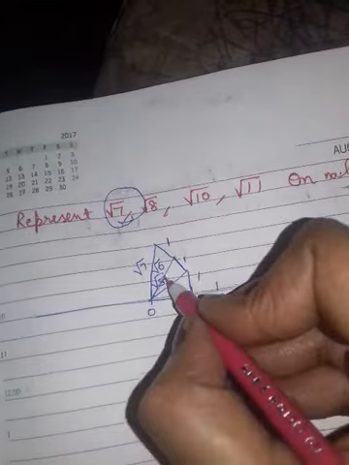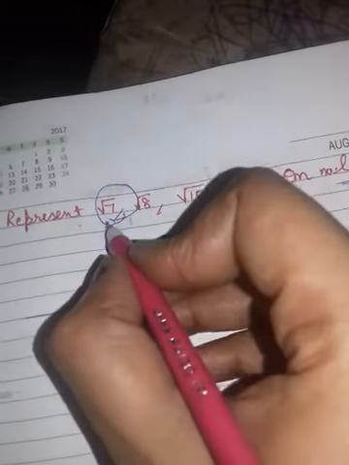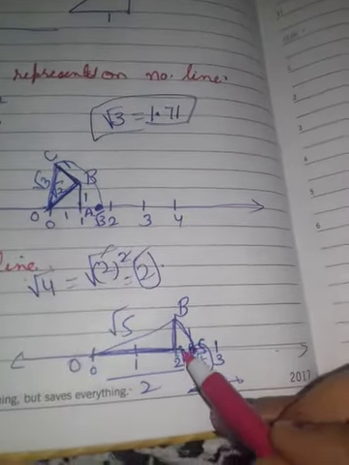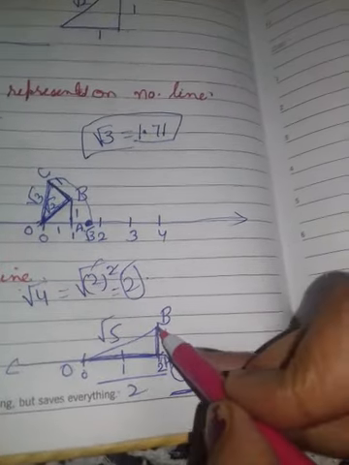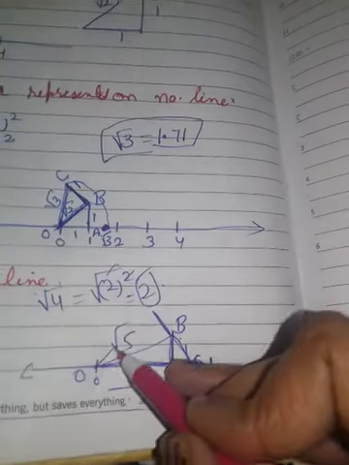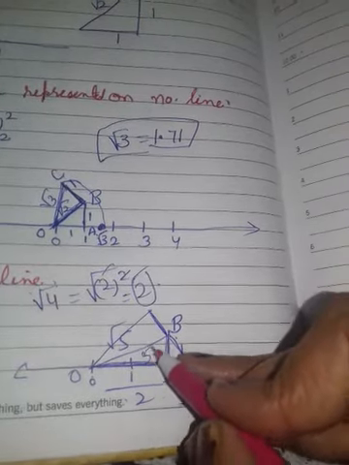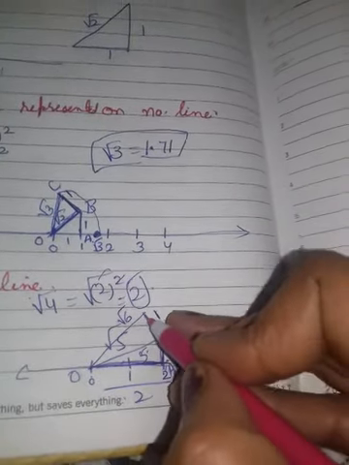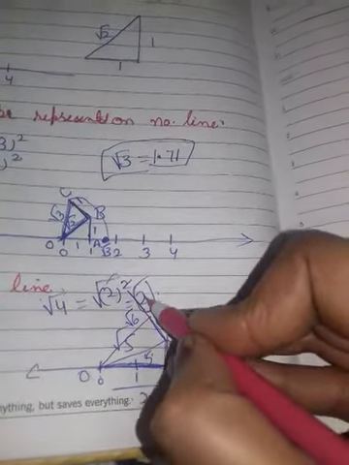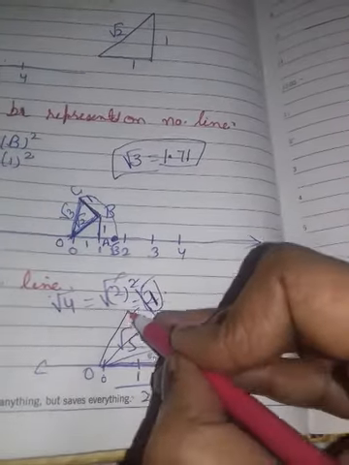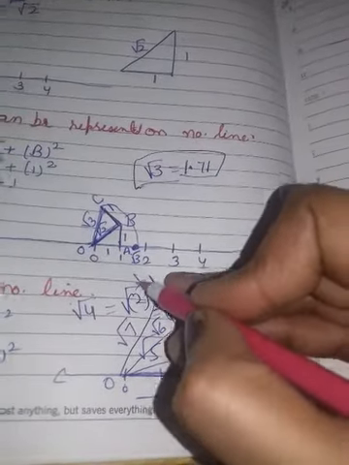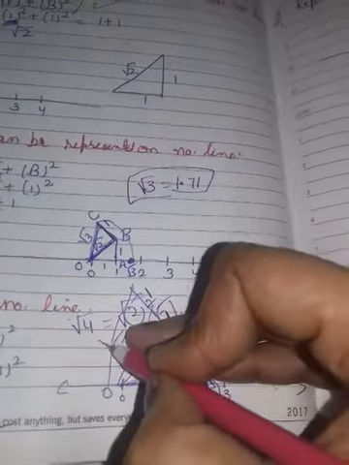Root 7 can be drawn with the help of root 5. For making it, firstly you will make root 5. You will take 2 as a base and 1 as a perpendicular, and create root 5. Then by taking 1 more, root 5 squared is 5 plus 1, that will become your root 6. 5 plus 1 is 6. Then root 6 you will take as a base, 1 is your perpendicular, that is fixed. Then you get 6 plus 1, root 7. Then in this manner you will take 1 again and create it. 7 plus 1 is root 8.